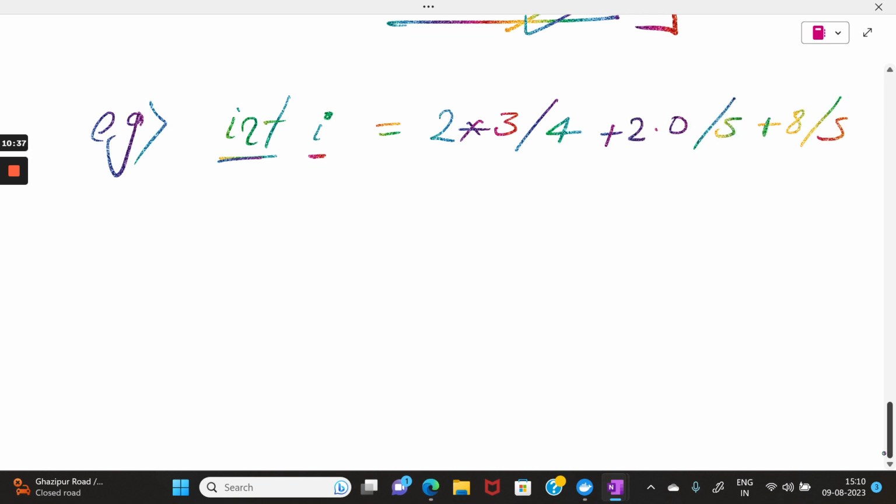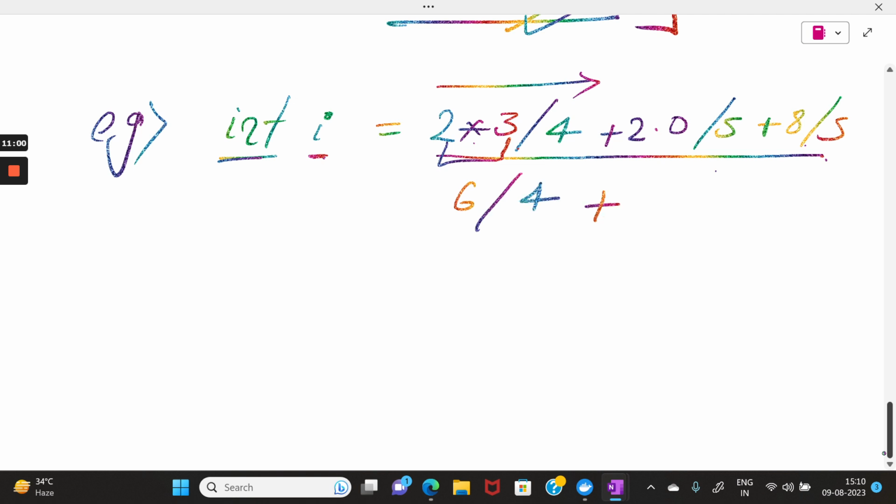Okay, let's see another example for that. Let's suppose we have this data type declaration, integer I, I is an integer. Okay, and we are assigning some values to it from this expression. This is an expression, we are assigning the value from this. Now this is a very long expression, we are evaluating this expression and assigning the value to this I. Okay, now first this needs to be evaluated. So you see here we have all these operators present in the same line, so we need to follow the associativity, left to right. 3 into 2 is 6, divide by 4 plus 2.0, then this divide by 5 plus 8